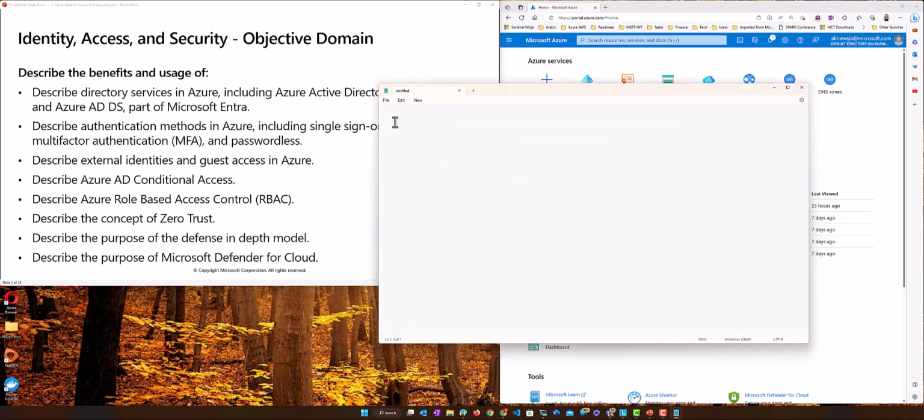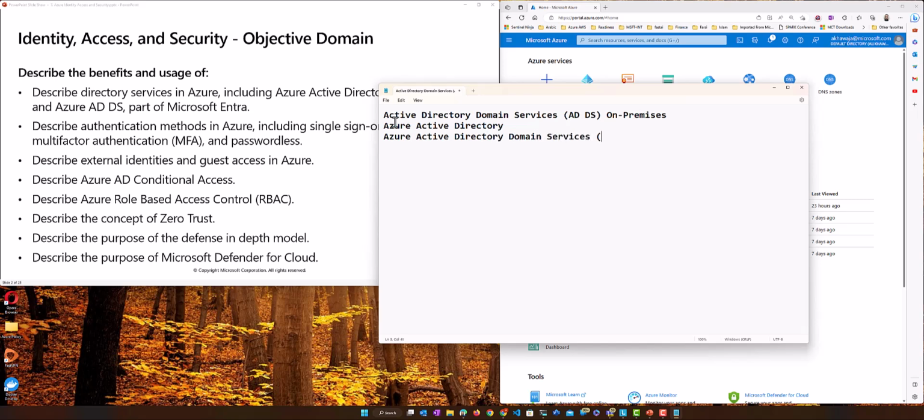So if we talk about it, starting point is our Active Directory Domain Services, which is ADDS. This is an on-premises solution, right? Then we have Azure Active Directory, right? And then we have Azure Active Directory Domain Services.